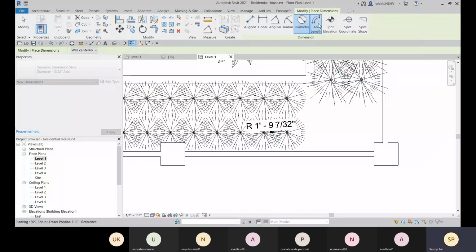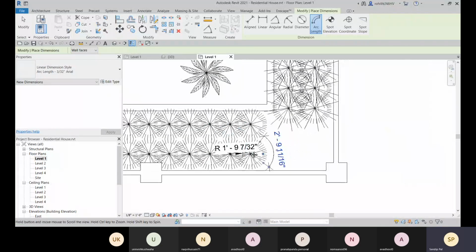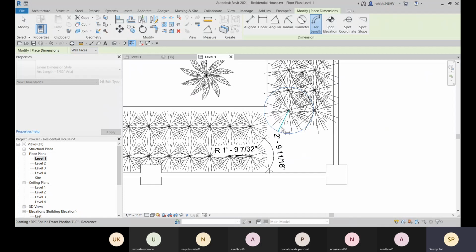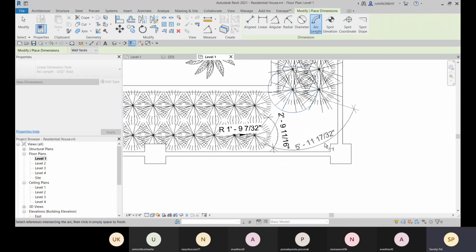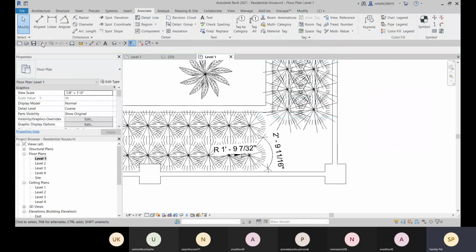And we have the Arc Length. First you need to define from which point to which point you need to define the arc length, mention it this way, and then click on it. Let me show you again how to place this arc length. Select that curve object, and then you have to define the start angle and then the end angle, and you get the arc length.